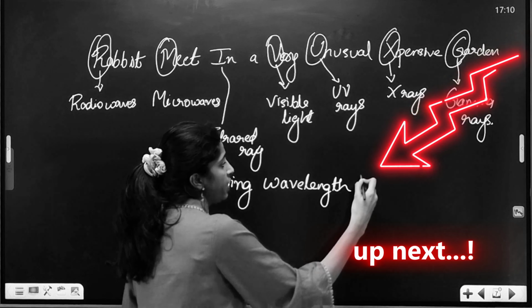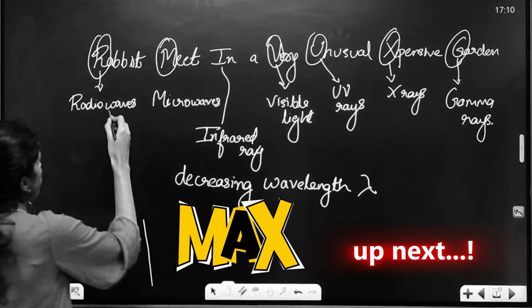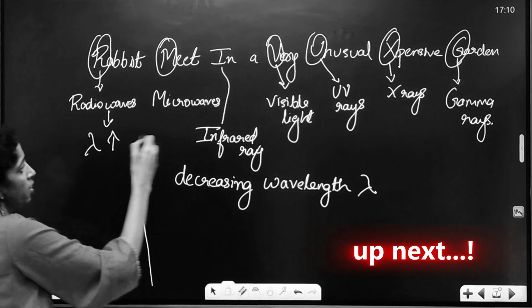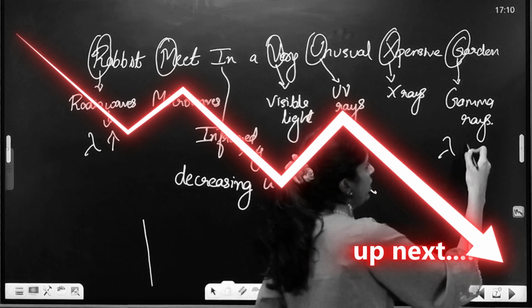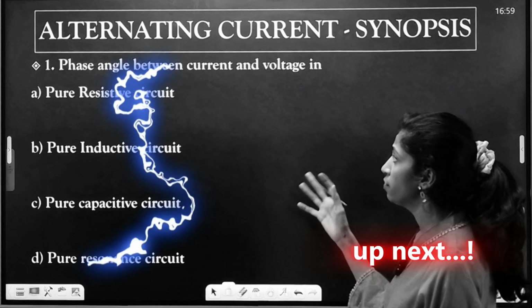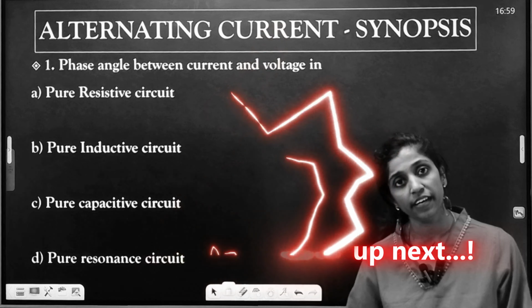Okay, why decreasing wavelength? Because the radio wave has got a maximum wavelength, whereas the gamma rays have got the least wavelength. So here they might ask you what is the phase angle between current and voltage if the